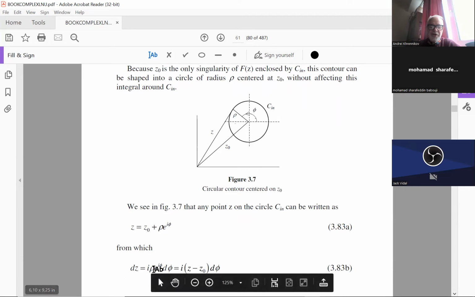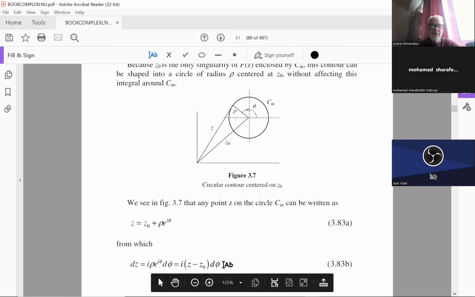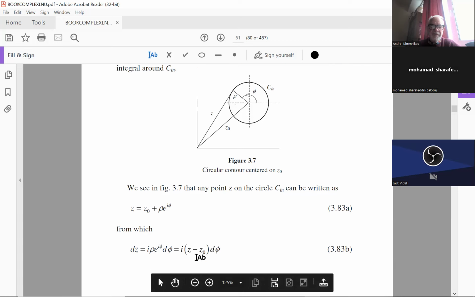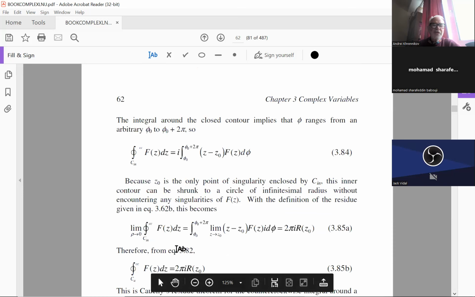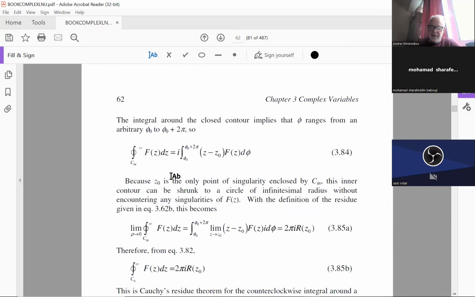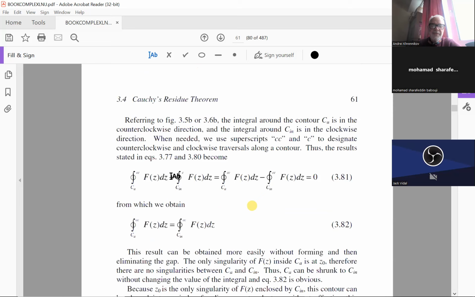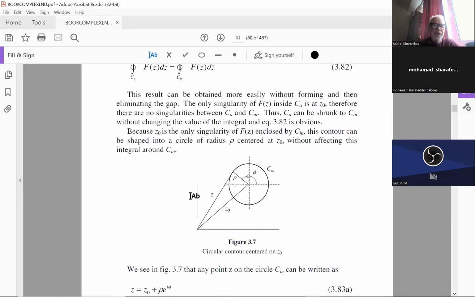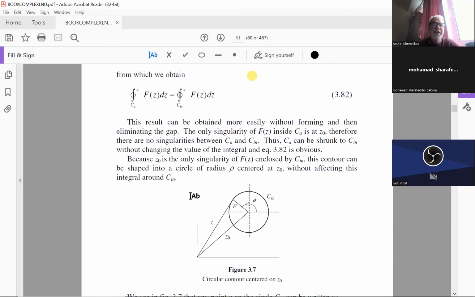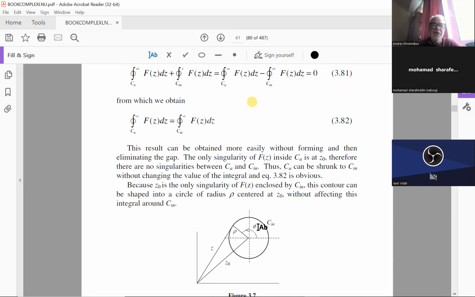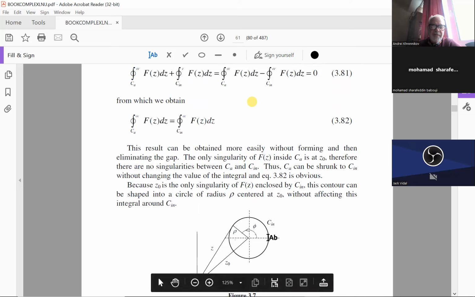Now we find the differential: we differentiate this, we find the derivative, so there is d phi, this one, and we go, so this is the integral over this circle, and this is counterclockwise. In this book, they use not so good notation, because the integral can go this direction or this direction. So this integral they call counterclockwise, and this integral, in this direction, they call clockwise.